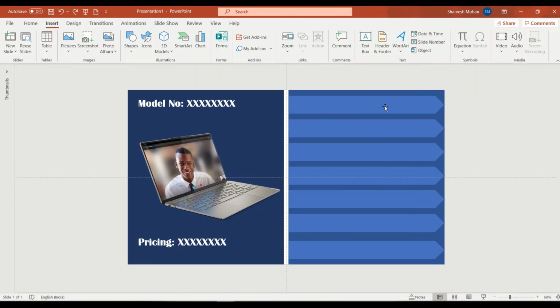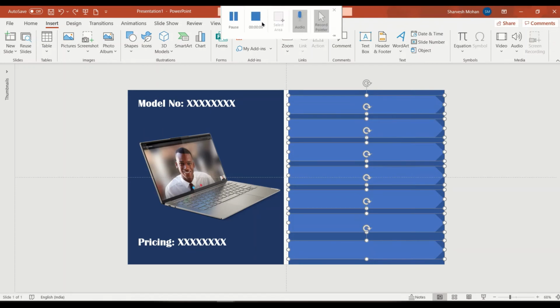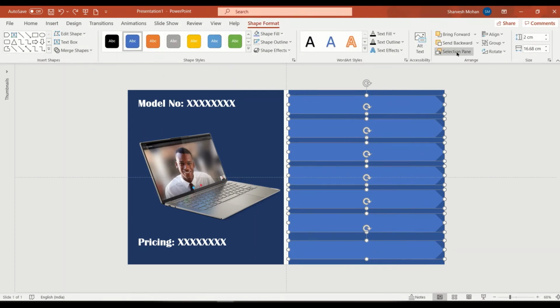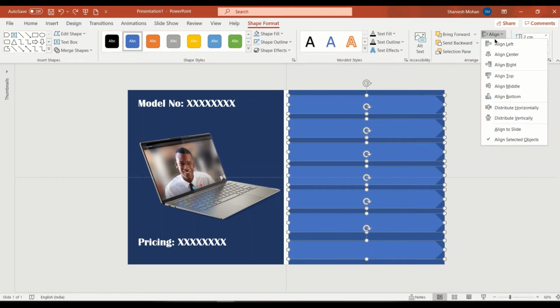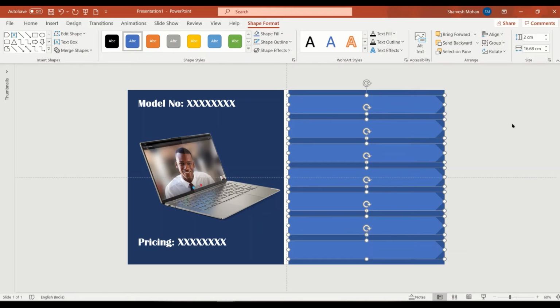To ensure these are aligned with exact spacing, we have to select all these shapes, go to Format Shape, Align, Distribute Vertically. This will ensure the spacing between each shape is equal.